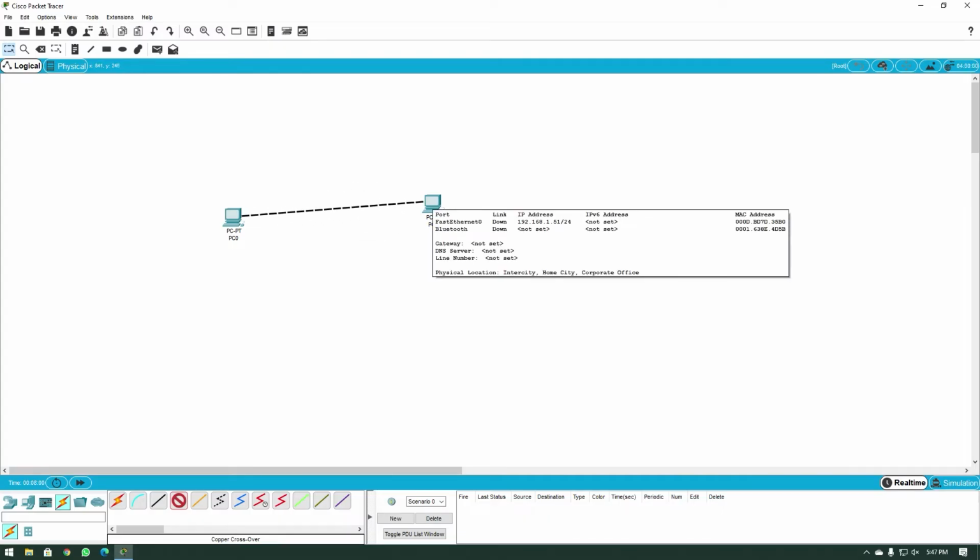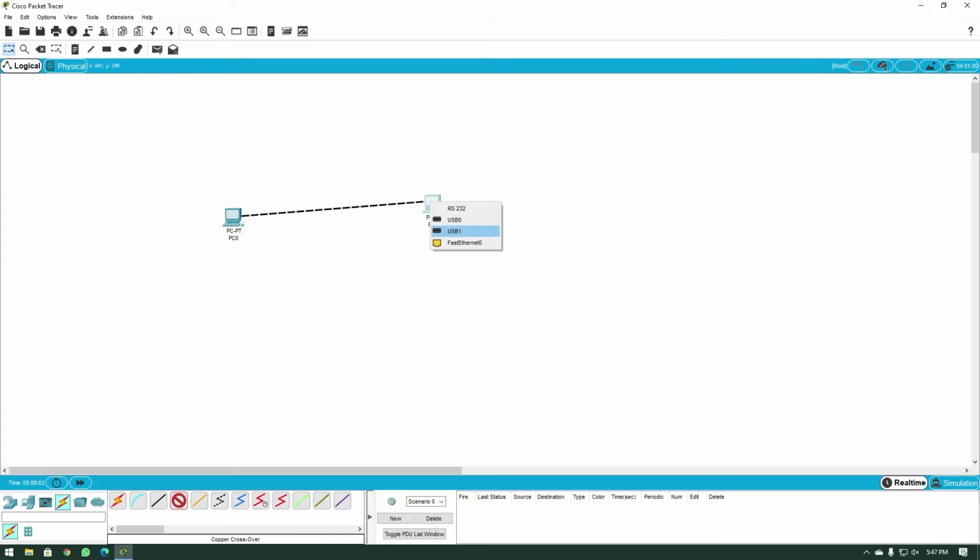So just click on this computer. It is going to ask to which port of this computer you want to connect that cable, and you say fast Ethernet 0. And now the connection has been established. Now, since these two PCs have their IP addresses and everything set up, they can communicate with each other. So in the Cisco Packet Tracer, if you want two devices to communicate in a very, very simple way, you click on this icon. It says add simple PDU. You click on it, then you click on the first device, then you click on the second device.